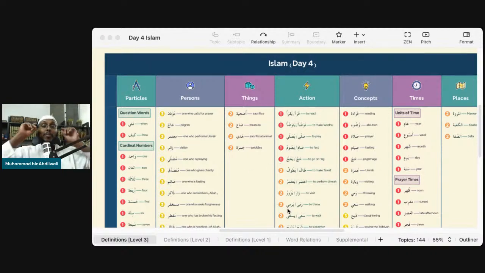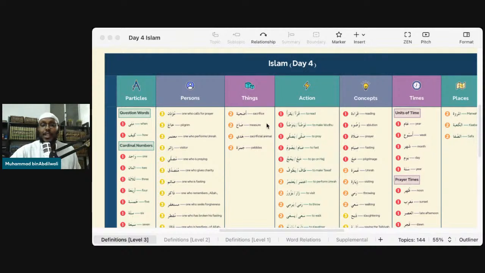The point I'm trying to make, my dear brothers and sisters, is that with this small table in which we have categorized everything, now it makes sense why we categorized everything. I told you guys when we were doing the vocabulary challenge, it will make sense why we made these categories when we get there. Now you see why. A person normally is the one who does the action. So you can use any person and then have a fi'l after it, and you've got a complete sentence, as long as that fi'l doesn't need an object. If it needs an object, then look in the column called things and you'll probably find something suitable.